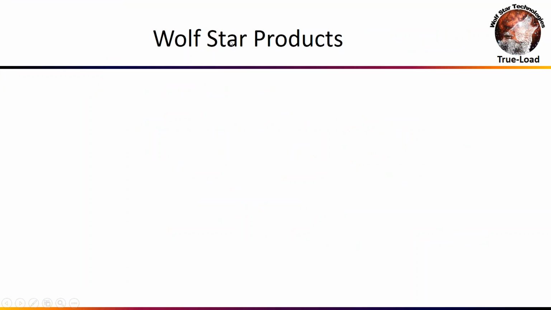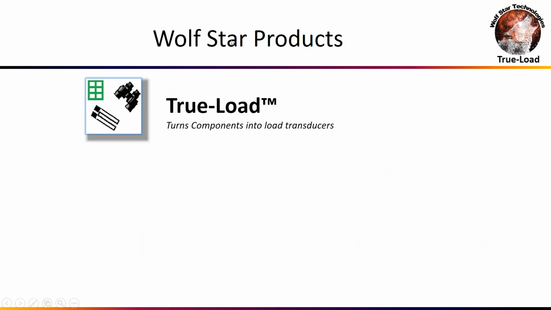So, the products from WillStar Technology are these. Our flagship product is TrueLoad, and that's what we're going to spend the bulk of today learning about. TrueLoad simply turns components into load transducers. We do this by strategically finding strain gauge placement on the FEA model and extracting a correlation matrix between the strain gauge placement and unit load cases that the user puts in their FEA model. The users then go off and place strain gauges on the physical parts, measure the strains, and then we use the correlation matrix to back-calculate the loads. So this is what TrueLoad is doing. It's basically making a load transducer out of your components.